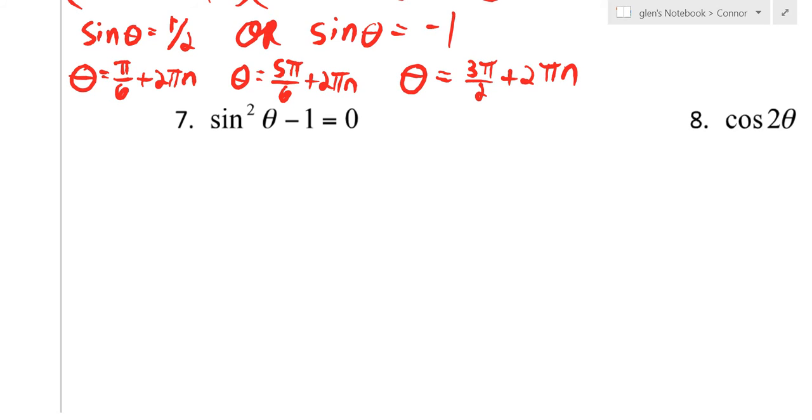That's it? That's the answer. Yeah. So if it said give the answers that are in this interval, we'd have to let n be 0, and then 1, and then 2, and list out all the ones until we get past the interval. Cool. Number 7, we could